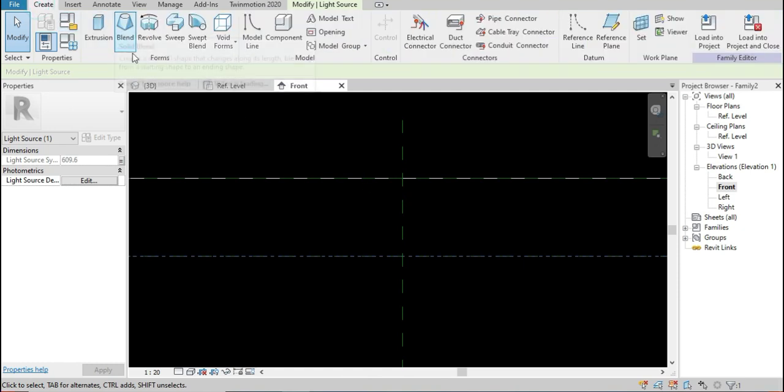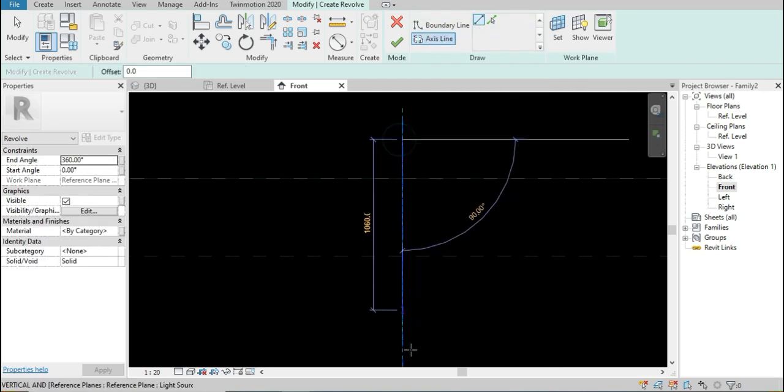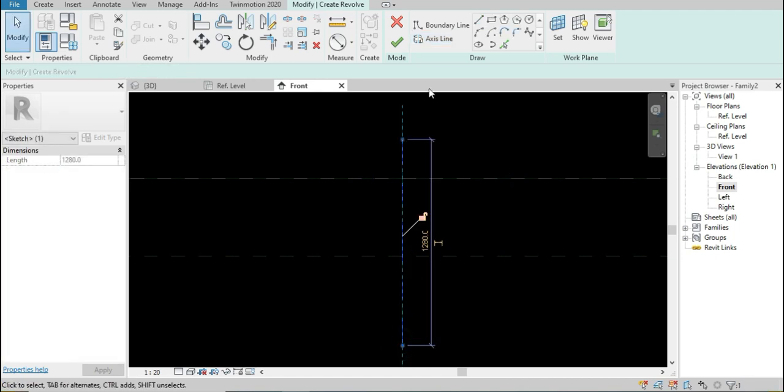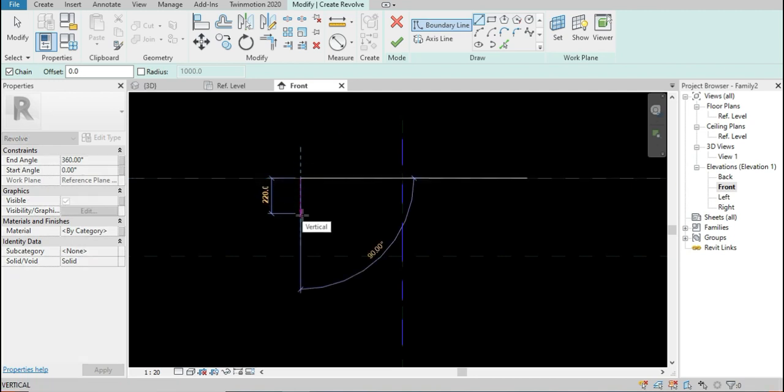So we'll choose the revolve tool. Select axis, then boundaries. We'll choose random dimensions.